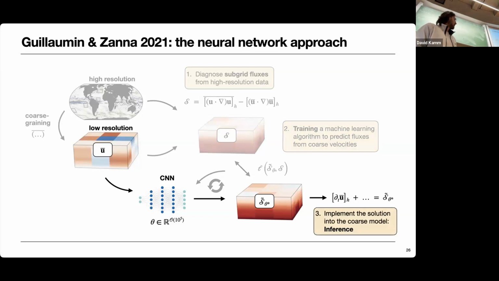And again, once you're happy with your predictions, you have to implement it into your coarse ocean models. And in this case, this is much more tricky because, first of all, this training and these machine learning algorithms are quite optimized and were performed also in Python in this case, but our ocean model that we use, the NEMO model, is written in Fortran, which is not necessarily optimal for machine learning algorithms. And secondly,